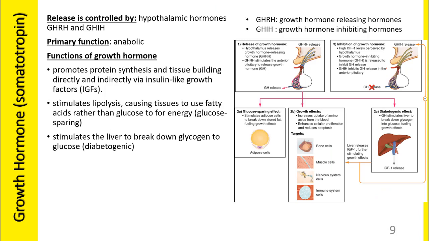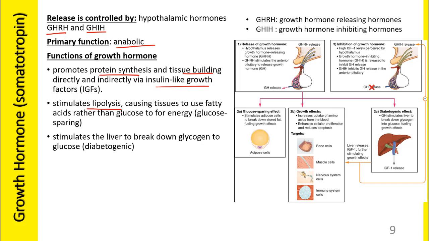Moving on to growth hormone. So the release of growth hormone by the anterior pituitary is controlled by the hypothalamic hormones, growth hormone releasing hormone and growth hormone inhibitory hormone. And from the name, you can see that GHRH stimulates the release of growth hormone. GHIH inhibits the release of growth hormone. As the name suggests, growth hormones help things grow. So it's an anabolic hormone, and so it promotes protein synthesis and tissue building directly and indirectly via insulin-like growth